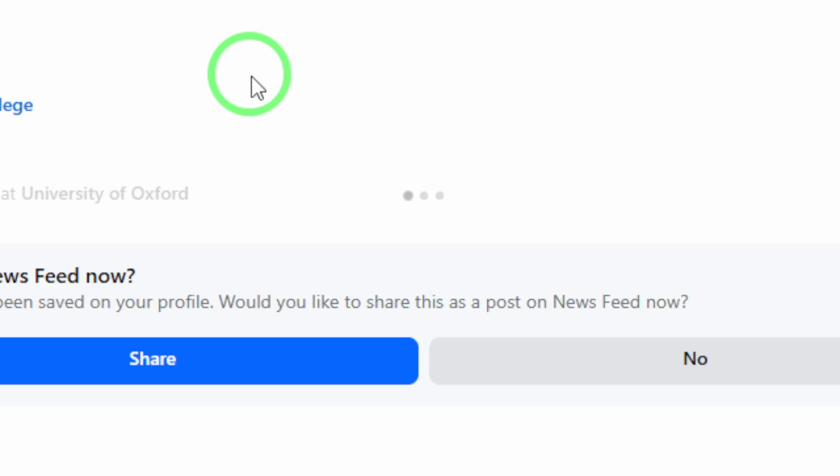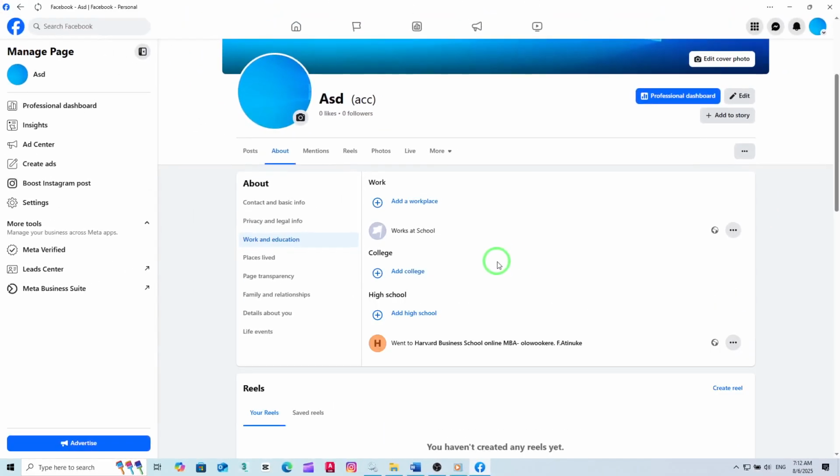Once you click on Delete University, Facebook will ask you to confirm this action. Simply confirm, and your university information will be removed from your page. And that's it. You've successfully deleted your university from your Facebook profile using the app on your PC. This method is quick and straightforward, especially with the new update changes, making it easy to keep your profile up